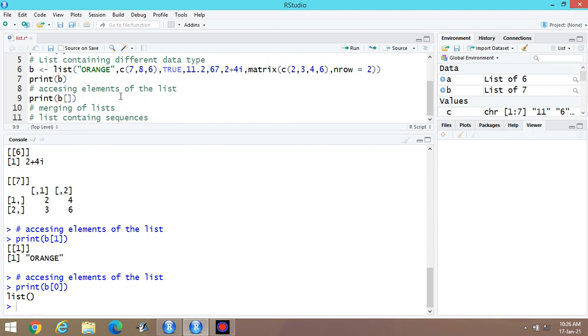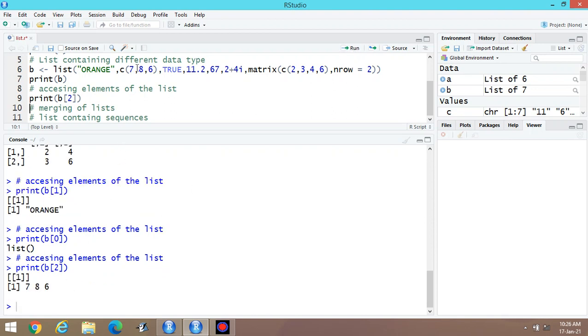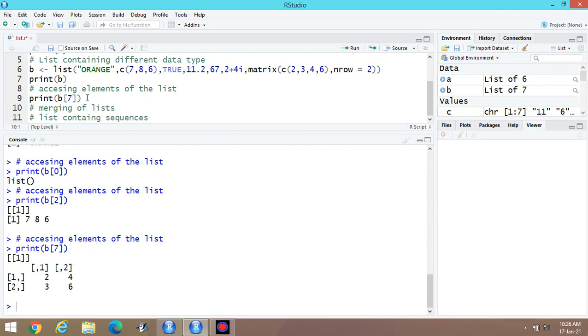If I am writing 2, I can display the second element. Similarly, third, fourth, fifth, sixth, seventh. If I am writing 7, I can display matrix. It means by writing the address in square bracket, I can display the content accordingly.